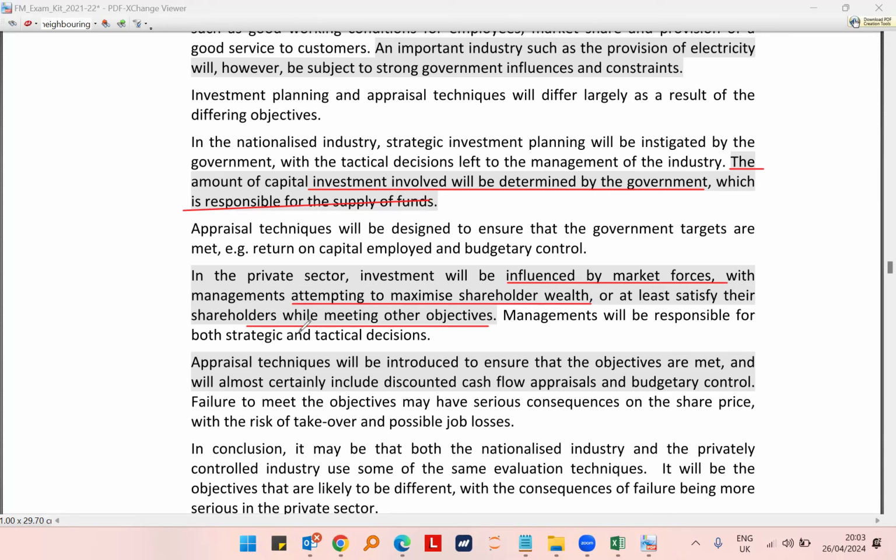Then for appraisal, they measure whether the objectives are being met, and of course they look at discounted cash flow and